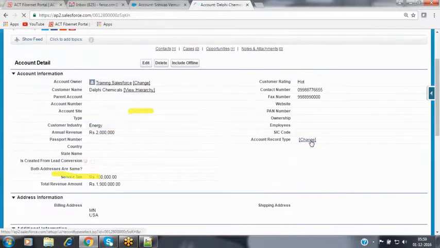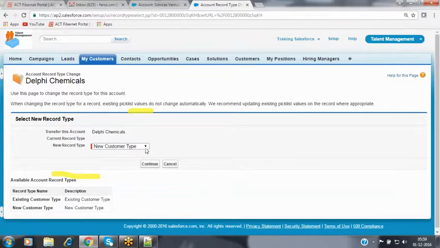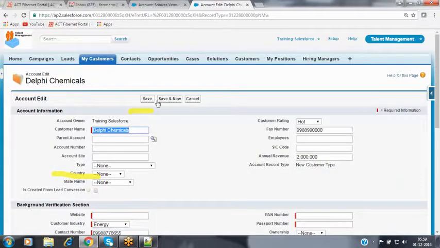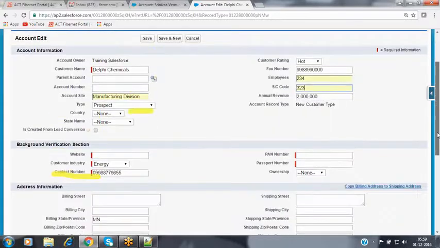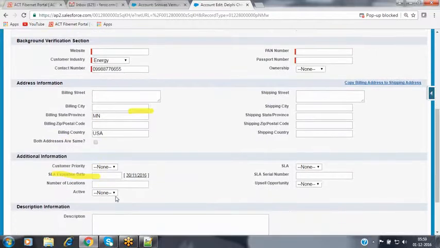Now I'm going to change this record type to the new record type. So now these are expecting some values because we haven't entered any values over here. Active status value, I'm entering some value over here.